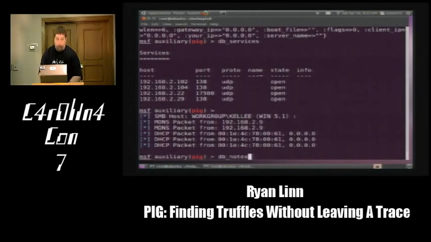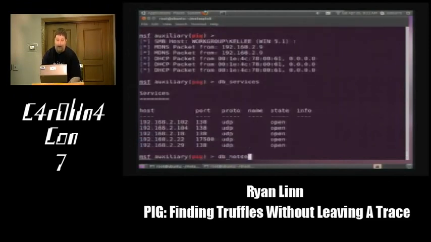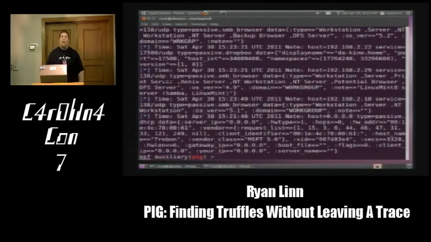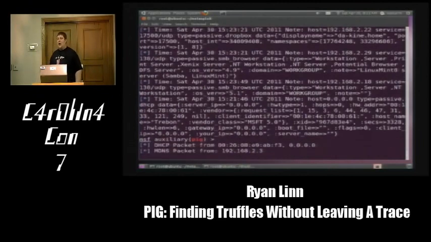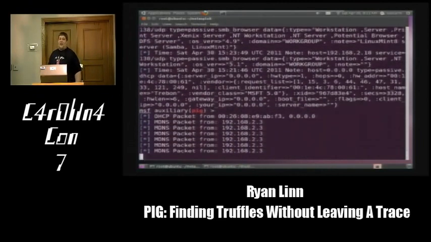There's a couple of things that Metasploit keeps track of. It keeps track of hosts, so as new hosts are discovered, it adds those to the database. It keeps track of services, and the services are related to hosts. So if you're interested in finding out more about what services are on a host, you can query the services table for a specific host. And then notes is freeform. The notes section is basically for any other data.